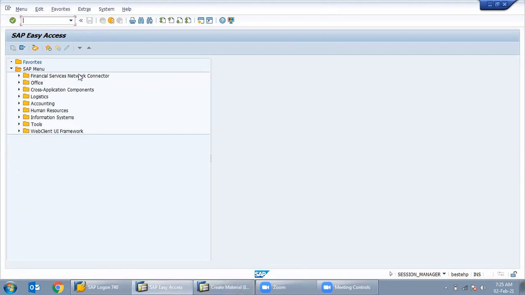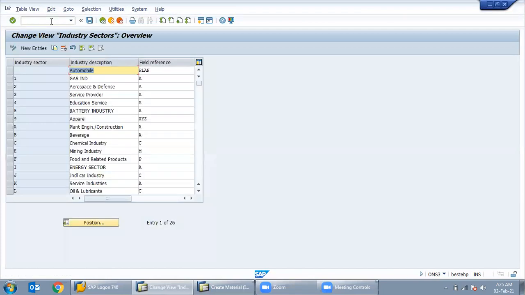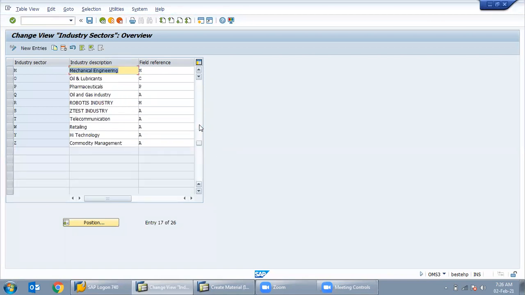The T code is OMS3. Press enter. See, there are n numbers of industries available. Suppose you want to maintain your own, or you want to delete, whatever you want, you can do from here.